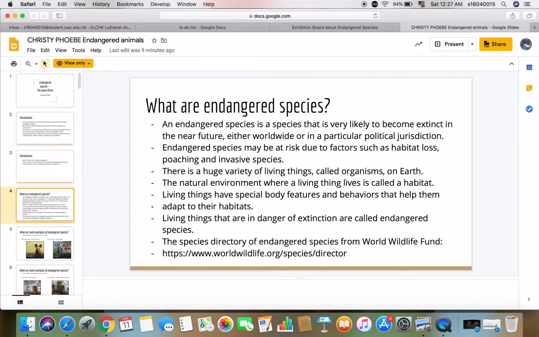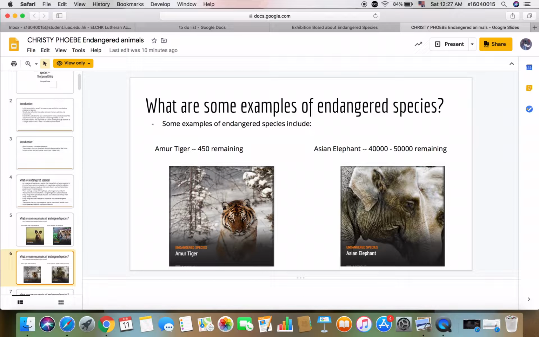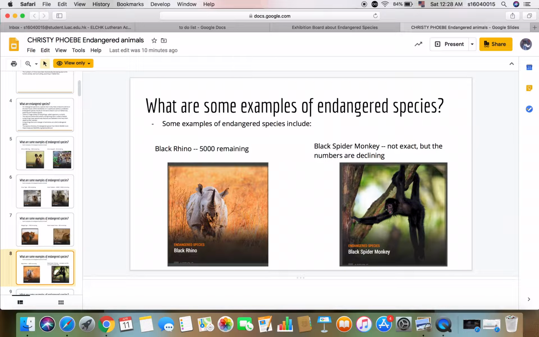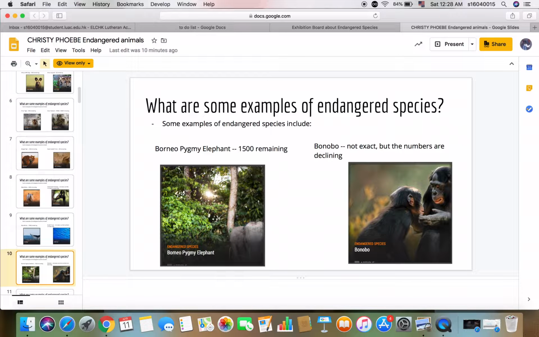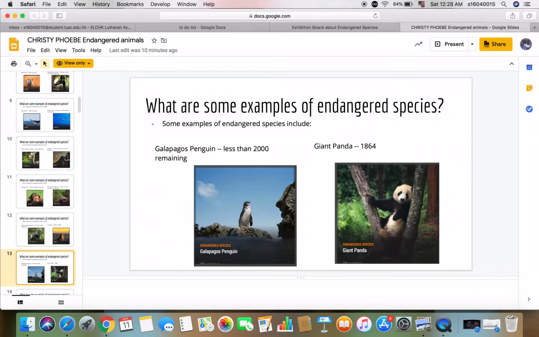So here are some examples of endangered species, such as the African wild dog with 5,500 remaining, Amur leopard 60 remaining, Amur tiger 450, Asian elephant 40,000 to 50,000, Bengal tiger 2,500, black-footed ferret 300, black rhino 500, black spider monkey, blue whale 10,000, bluefin tuna, Borneo pygmy elephant 1,500, bonobo, chimpanzees, Borneo orangutans, eastern lowland gorillas less than 17,000 remaining, fin whale 50,000 to 90,000, Galapagos penguin less than 2,000 remaining, giant panda